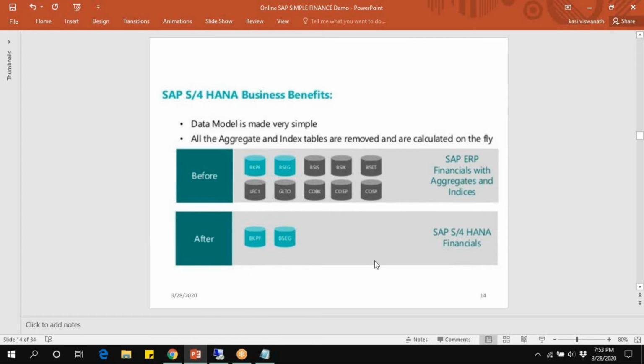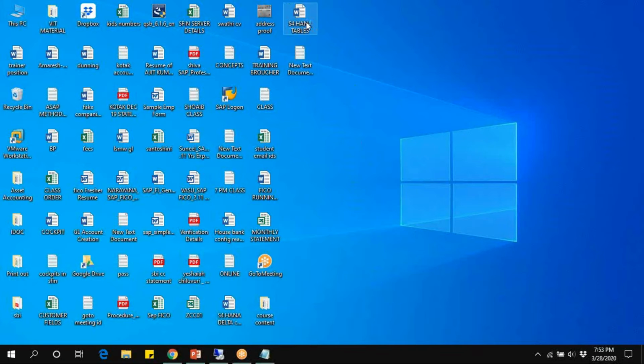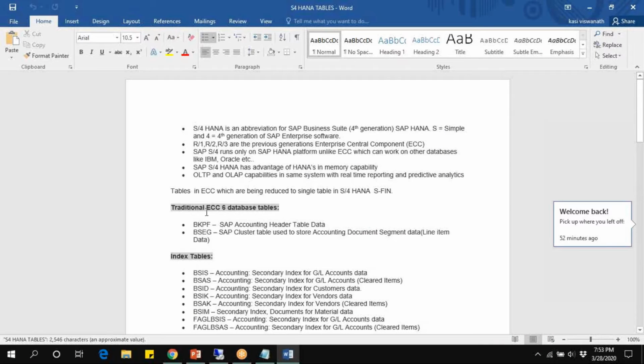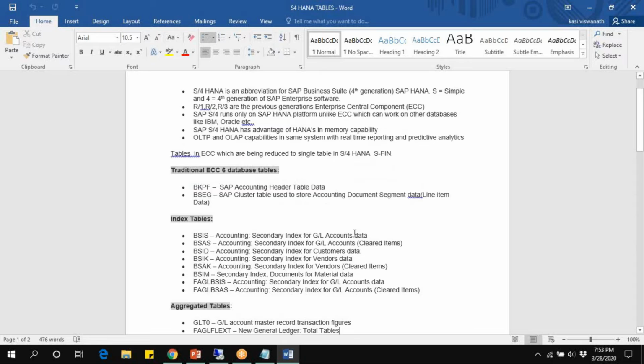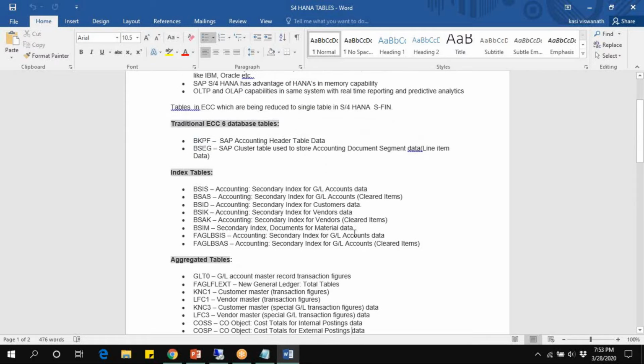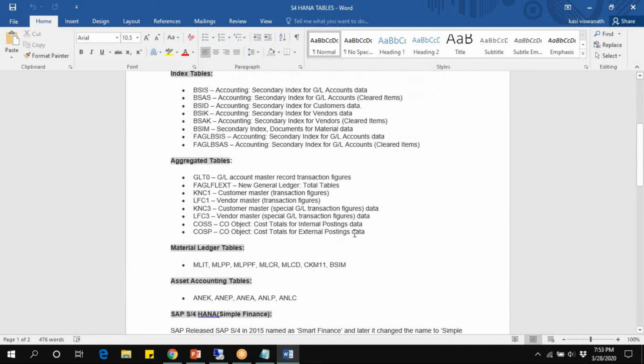First of all, we have to know the list of tables. Tables in ECC as database: BKPF header, BSEG line item table, segment data, and BSIS, BSAS, BSID, BSIK, BSAK, BSIM. These are the list of tables.